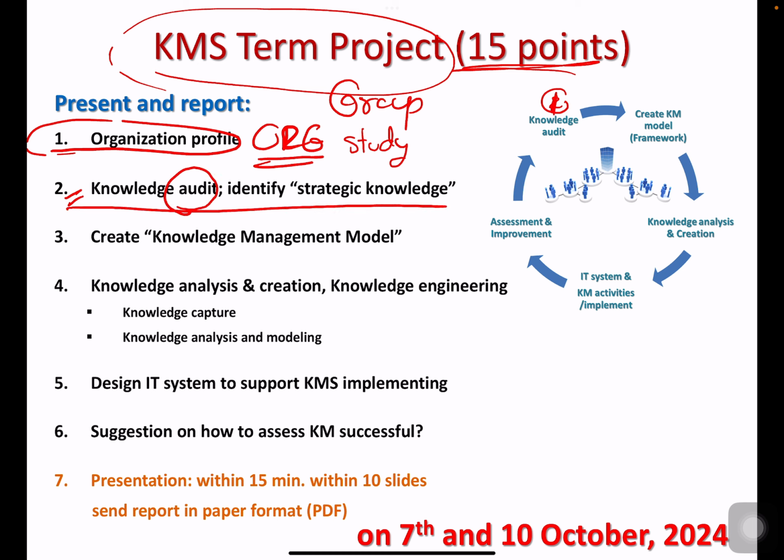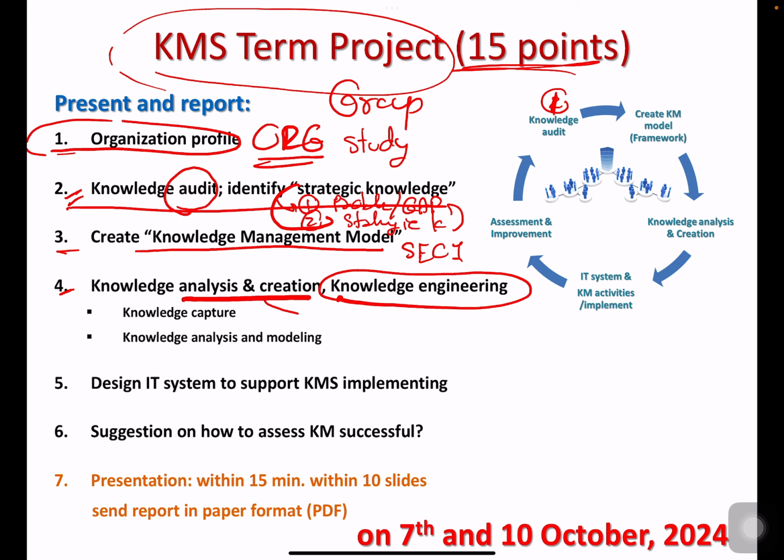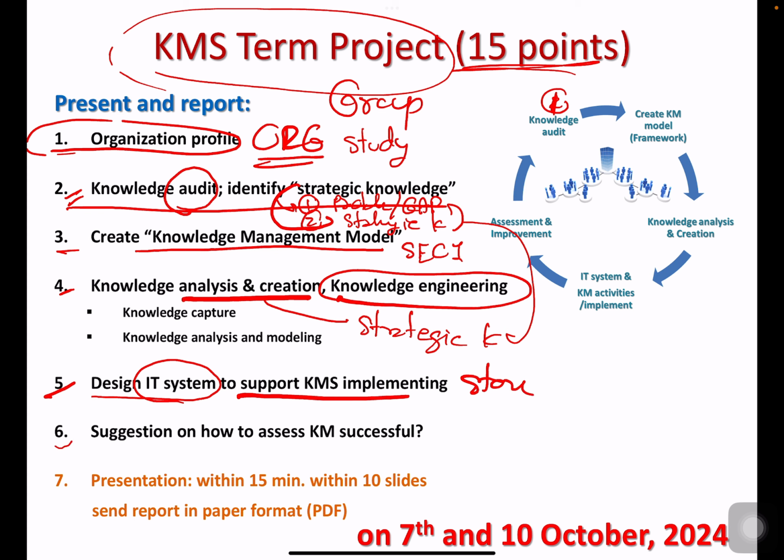So start with the knowledge audit. You need to identify a problem or a gap. Number 2, identify the strategic knowledge in order to close the gap or solve the problem. 3, create a knowledge management model, where we're going to use the SEGI model, which we'll talk about in chapter 4.2. 4, your group has to analyze and create the knowledge by using knowledge engineering. Analyze what? Analyze the strategic knowledge that you got. Number 5, design an IT system to store and support the strategic knowledge. 6 is suggest how to assess knowledge management success, which we're going to present on